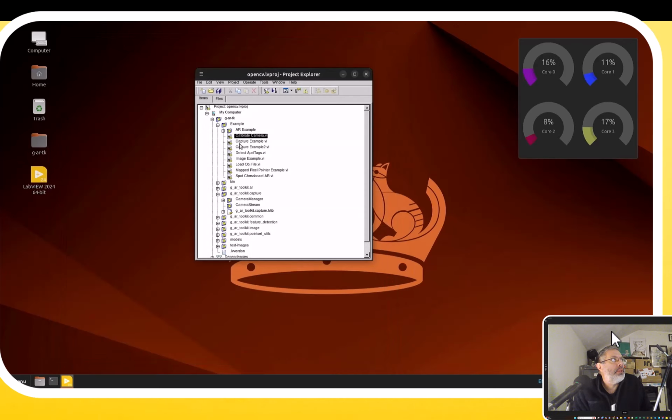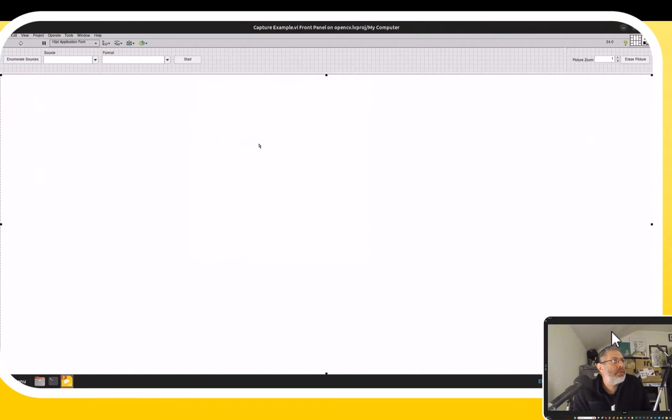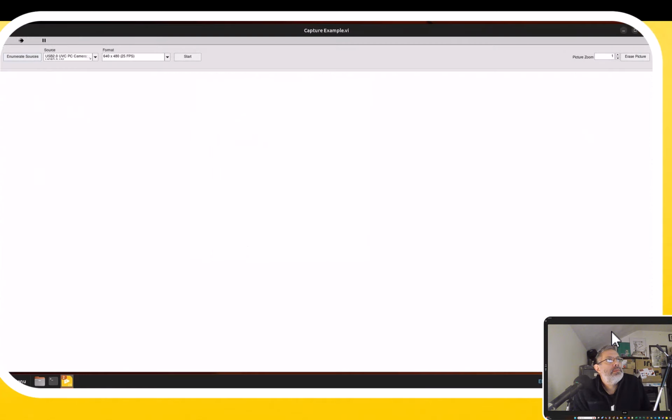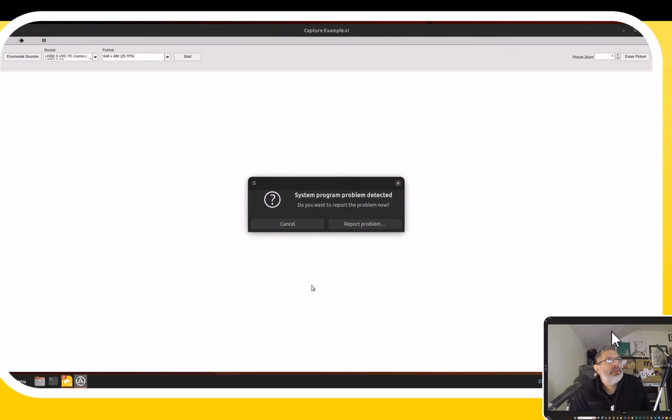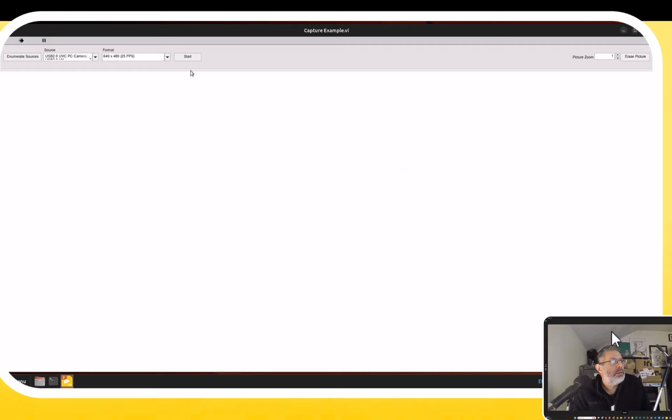Let's calibrate camera. Why did I do that one? Capture examples, one I want. So it's enumerated the sources and it's found the camera. Oh dear. It's worrying about my Wi-Fi, I think. So if we start there,